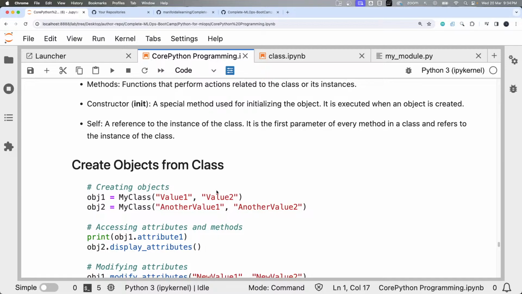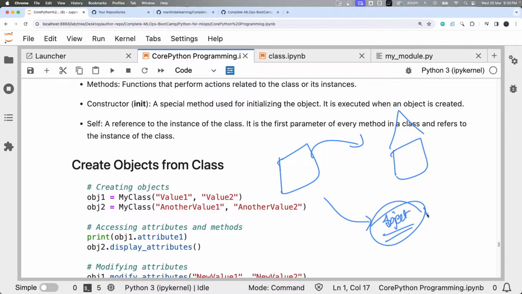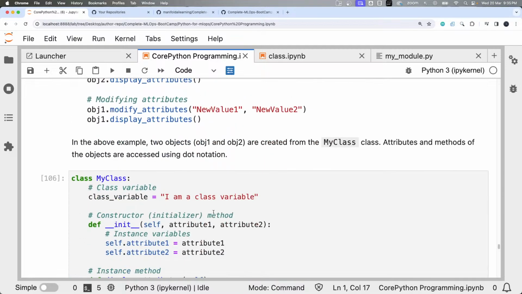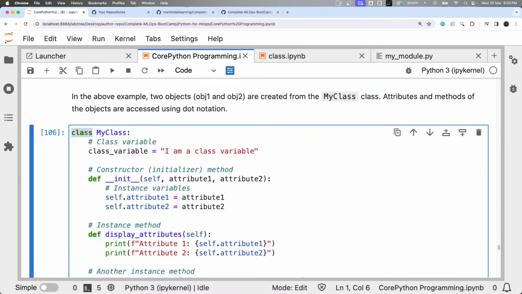Now, just like by referring to the blueprint we will construct our real home, in the same way, using the class, we are going to create the object. So the object is the one which has physical existence, and a class does not have a physical existence. In order to create a class in Python, we say the class keyword followed by the class name. Then inside the class, we can have variables. The variables inside the class are known as attributes, and the functions inside the class are known as